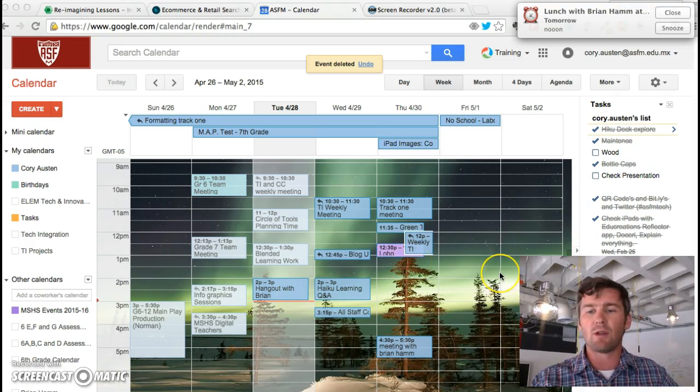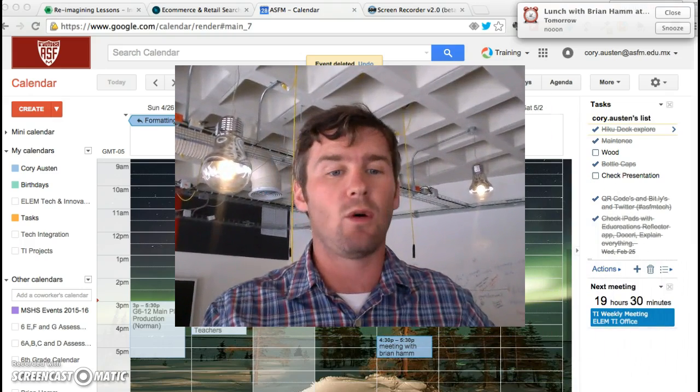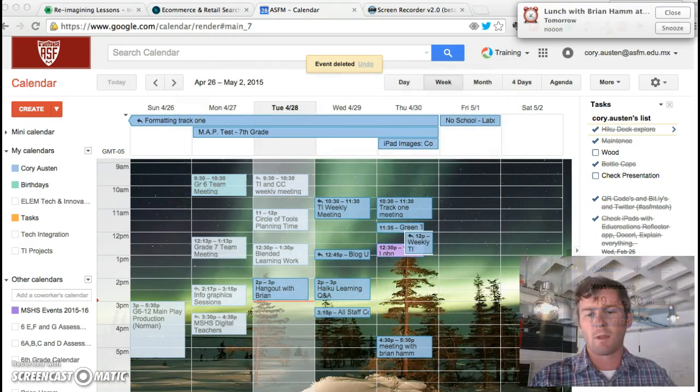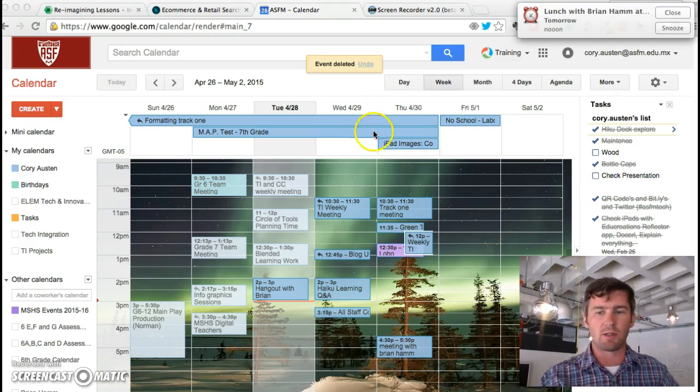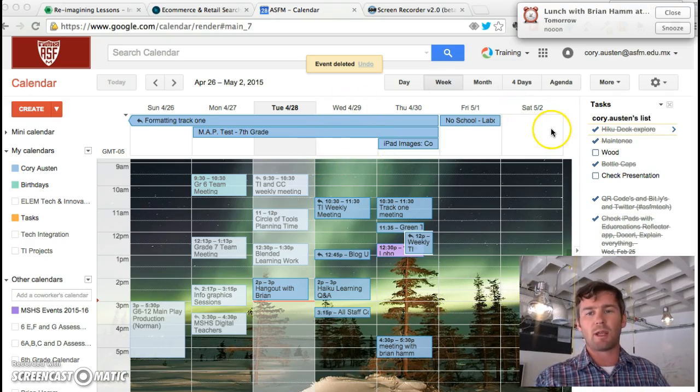You can see down here the little picture of me. I can full screen that picture of me if you want to get a whole bunch of it. And I can go right to a screen recording of my screen. So a nice feature, but we're going to toggle back to the dual recording, so you're seeing my screen and me at the same time. So that's Screencast-O-Matic. So here we are in my Google Calendar, and I want to show you some shortcuts because